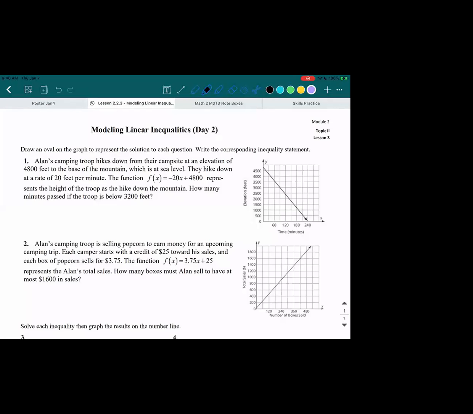So now we're doing modeling linear inequalities day 2. Our task is to draw an oval on the graph to represent the solution to each question. Write the corresponding inequality statement. So number 1 says, Alan's camping